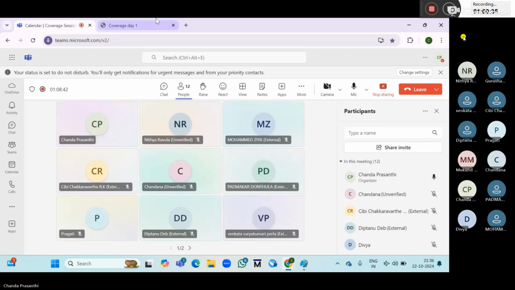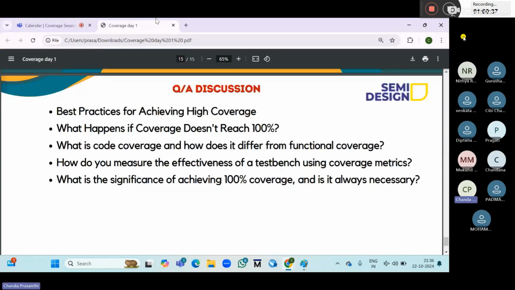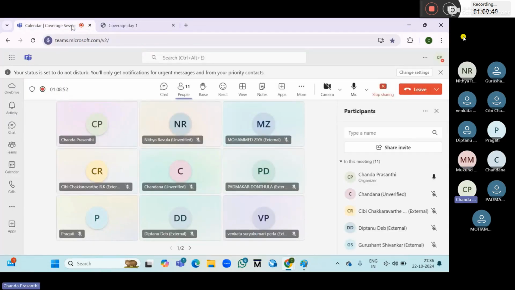Next, how do you measure the effectiveness of a testbench using coverage metrics? Depending upon the test case development and covering the corner scenarios.